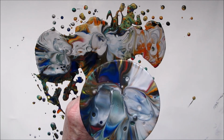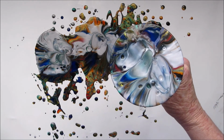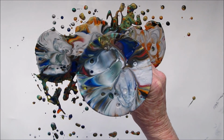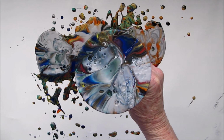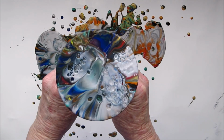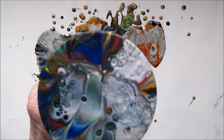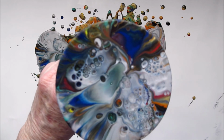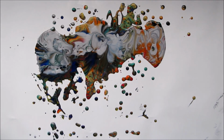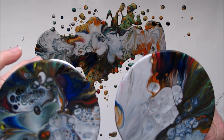So it'll just need a little bit of a blow with the blowtorch. That's it, that's all I want. And that will bring up some very, very nice cells, and still keep those colours alive on that. So pretty. So here they are, my two